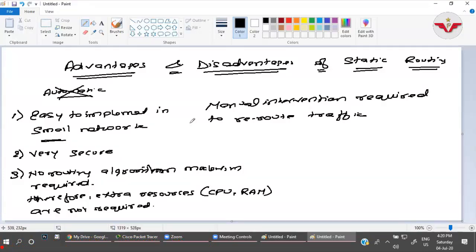What do you mean by large network? Where you have more than 60, 70, 80 networks, right? In the large network, because in static routing nothing is automatic, everything you have to configure manually, right? If you are working as an administrator in a large network, is it possible for you to check each and every network on a daily basis and check the routing tables daily?